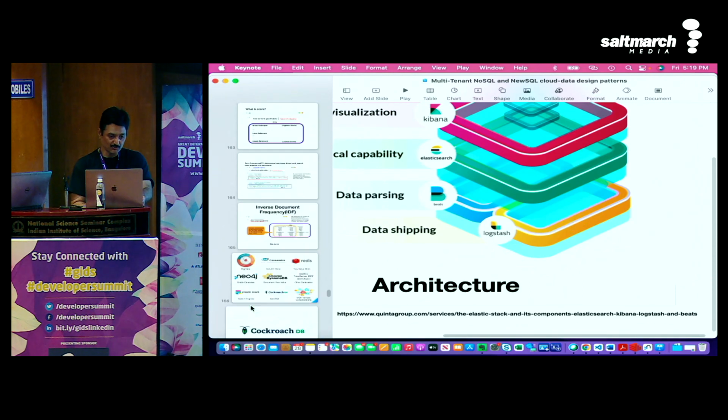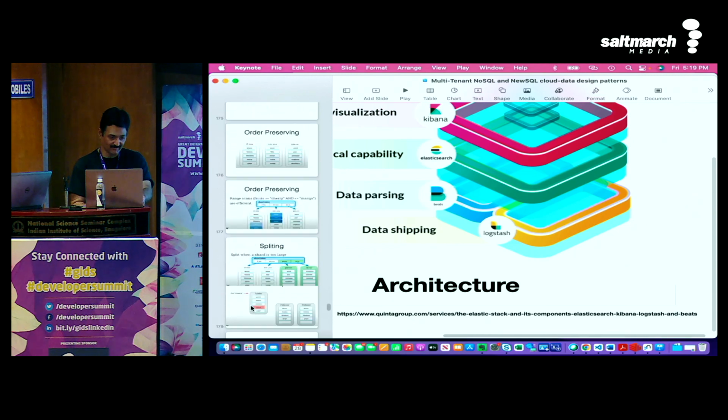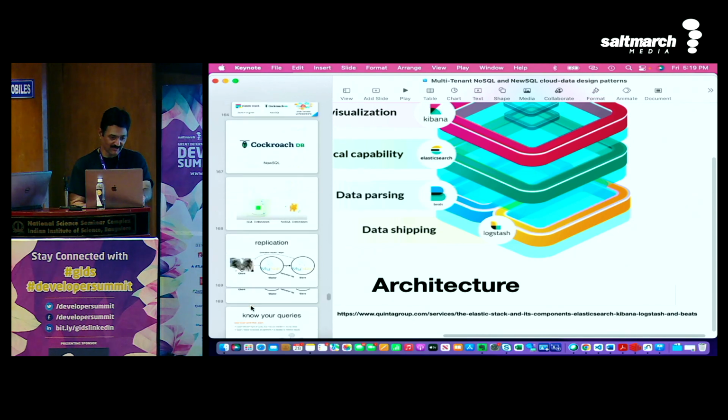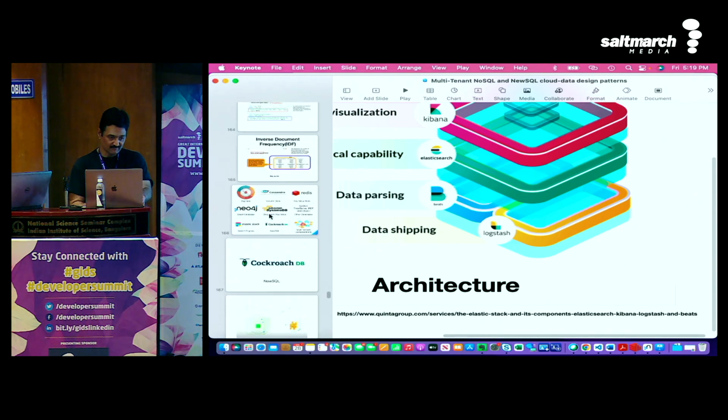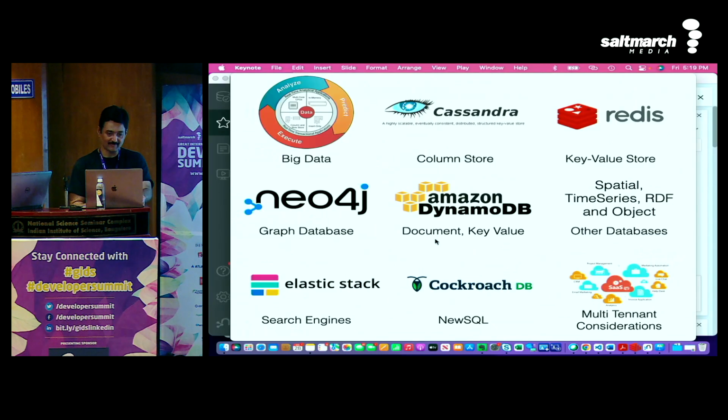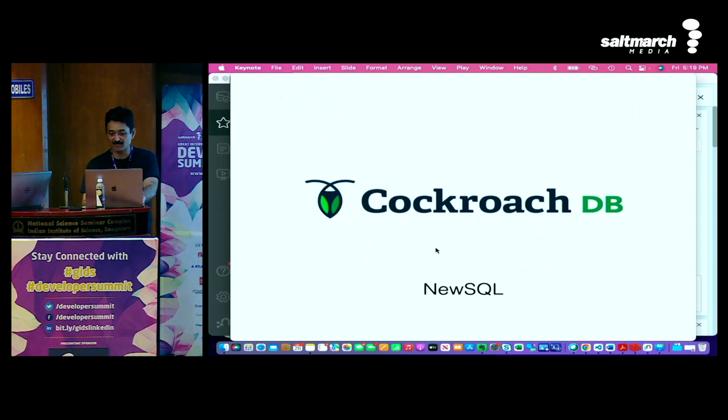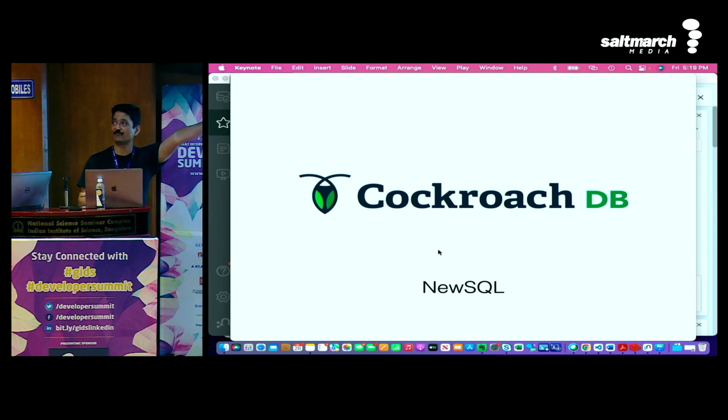the NoSQL database, because other things you all already know. So I'm just going to talk for the next 5 minutes about NewSQL database. So why is NewSQL database coming up? Do you remember we were talking about third normal form? Then I told you don't use third normal form. In 5 years from now, I'm going to say use third normal form again. That is what NewSQL is all about.